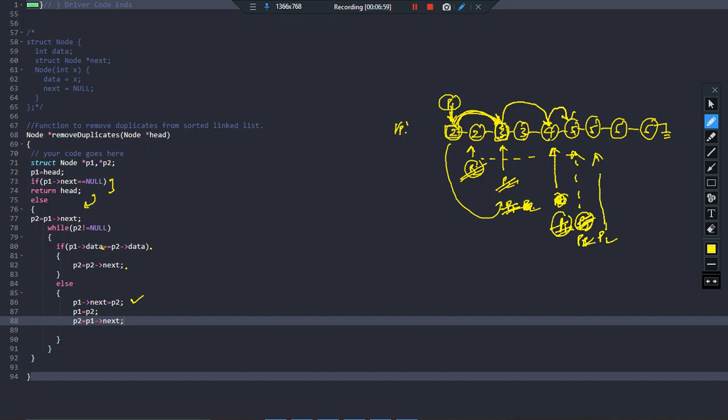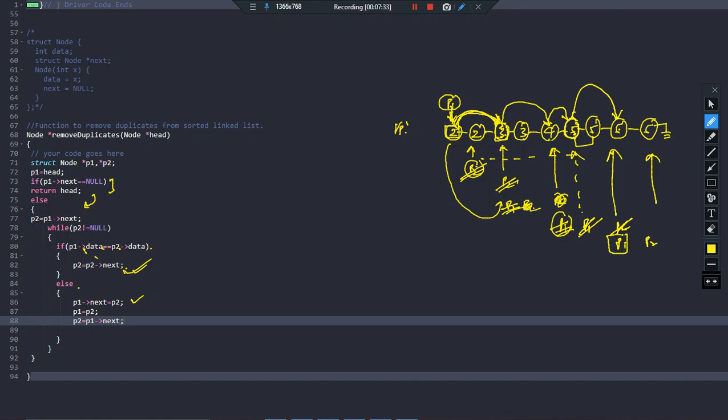Both are pointing to two nodes which are 5, 5. So again we know that if they are equal, then we just do P2 equal to P2 next. P1 is pointing here and P2 is pointing to this 5. Now they are equal, so we will do P2 equal to P2 next, which means P2 will instead point to this 6. Now P1 is not equal to P2 because this is 5, this is 6, so it will come to the else part and say P1 next equal to P2. P1 is right now at this 5, its next will become 6. Done. And now P1 will be updated to P2's position. P1 will come here, and now P2 will go to this 6.